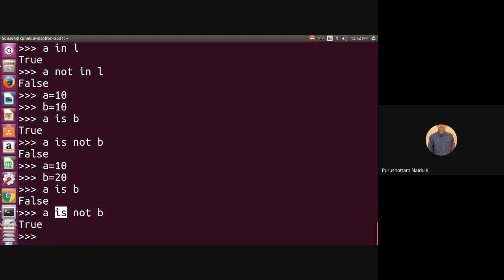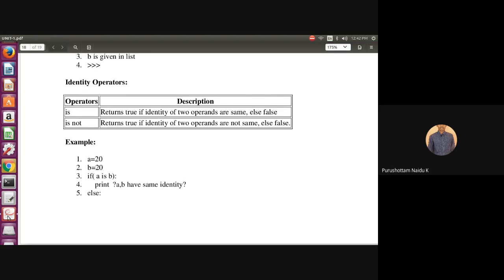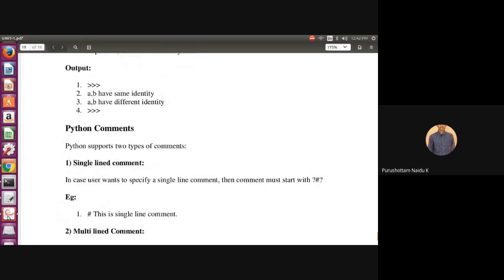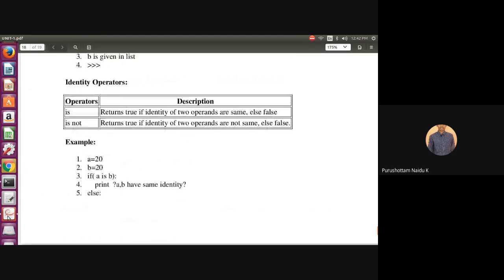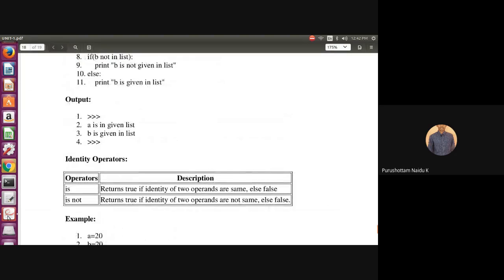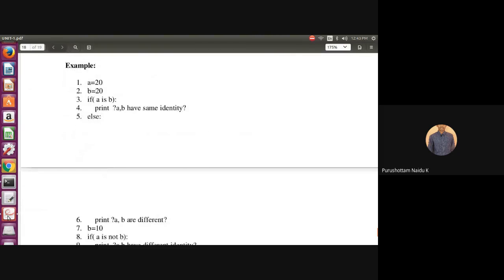So these are two different types of operators we have compared to some other programming languages: membership operators and identity operators. The membership operators are in and not in. The identity operators are is and is not. These are some of the operators we have in Python programming. Hope everyone is understanding.